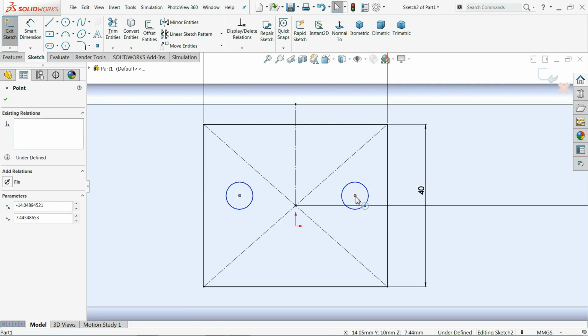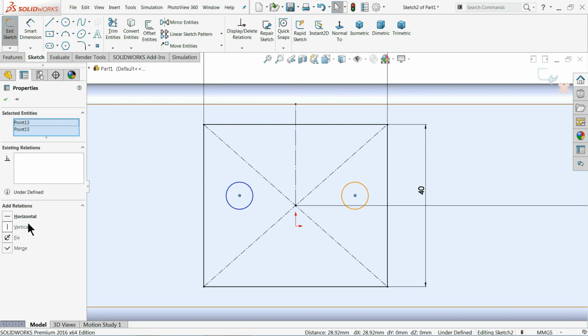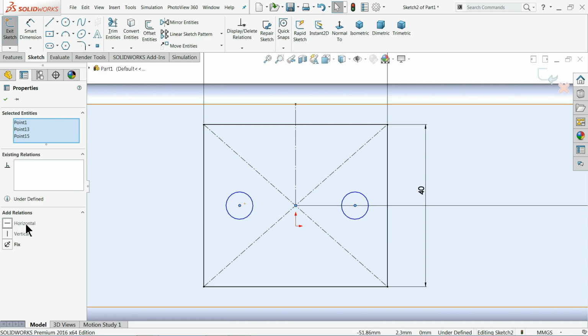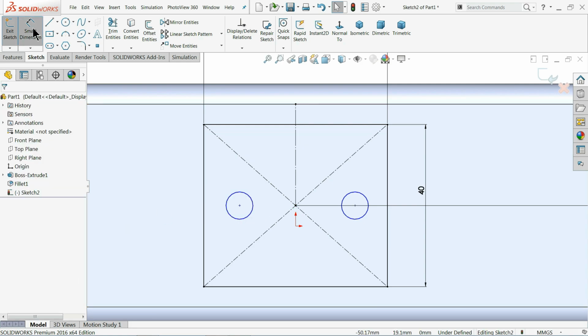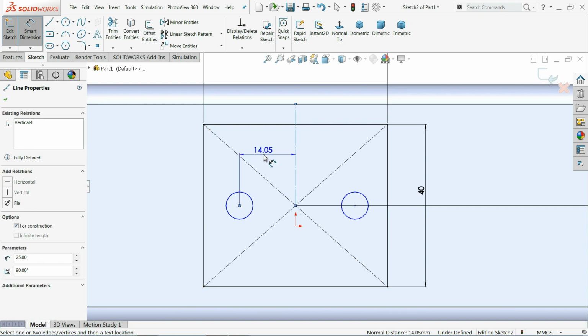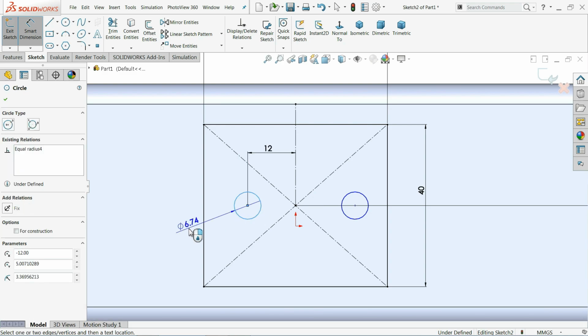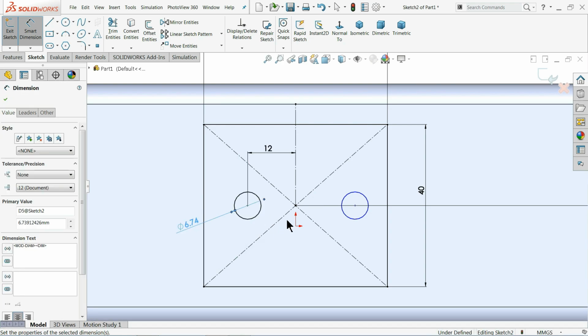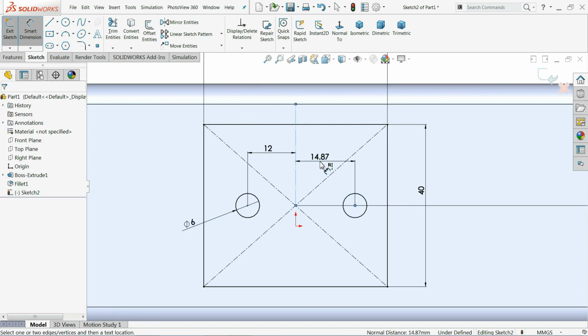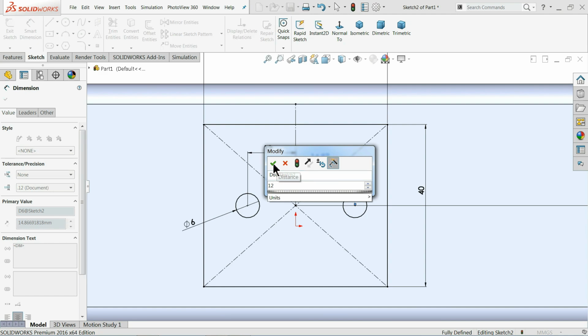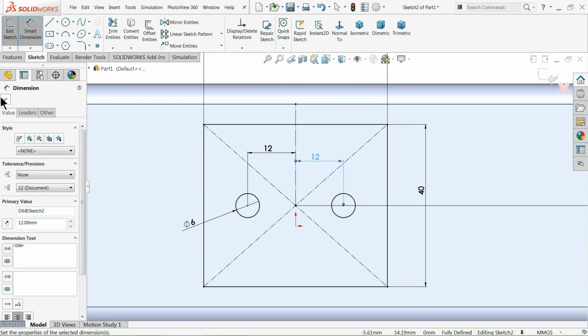I'll choose center point and make one more relation horizontal. That's it. Horizontal with this point. See, dimension. Six millimeter. Even though we can use mirror command also, but that's fine, it's not the big deal.